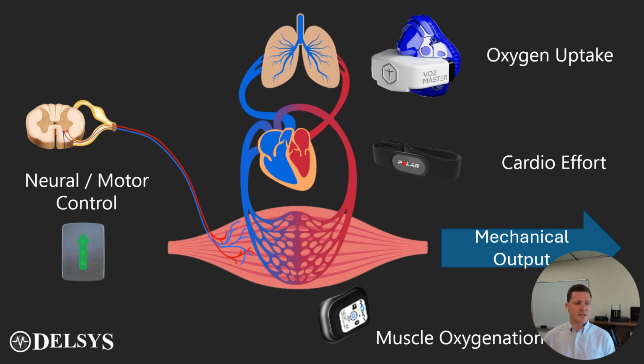And this is when we start to be able to get a more complete and holistic overview of human performance and movement, as we bridge the gap between biomechanics and physiology. We can still get a lot of that rich EMG data from the neural and motor control side, but then we can also bring in the oxygen uptake data from how the oxygen is delivered through the cardiopulmonary systems, the cardiovascular effort through the heart, and the oxygen delivery through the blood to the muscles, then how the muscle draws and extracts the oxygen from